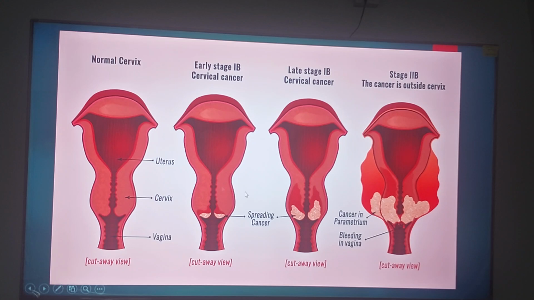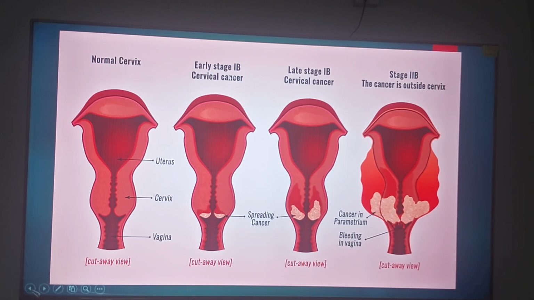We also have different stages in the vagina. This is the uterus, cervix, vagina, and this is the transitional zone area. The cervix and vagina are attached to each other. This is called the transitional zone area. When the malignancy or lesion is started,